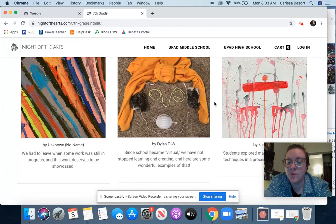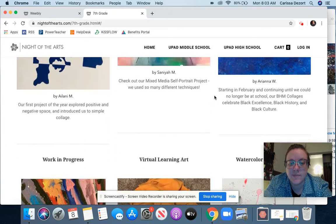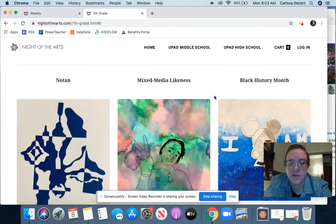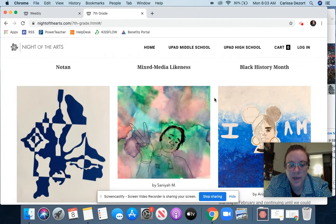And then the last one was watercolor exploration. We spent a lot of time just playing with watercolor paint. We did some specific projects, but I gave you a lot of freedom to just explore the material. So I wanted to highlight a few of those pieces. Okay, so that is the 7th grade page. I'm so excited for you all to see it, to click through it. Task number one